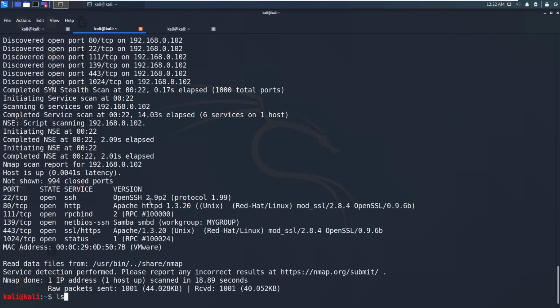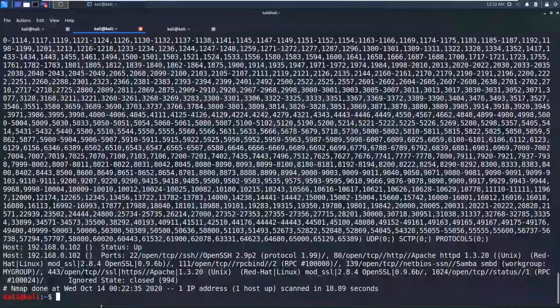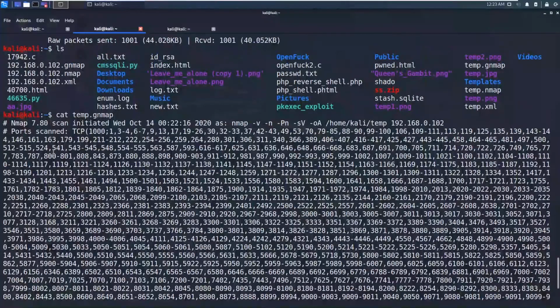Okay, now I think we have got this. temp.gnmap, temp.nmap. Now let's see what information is stored in the greppable nmap file.